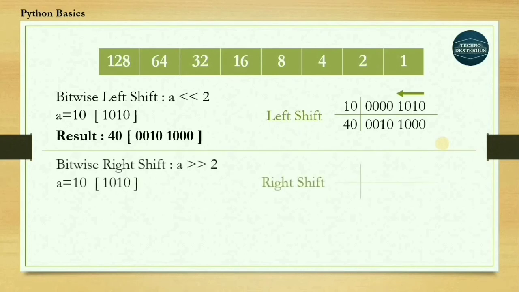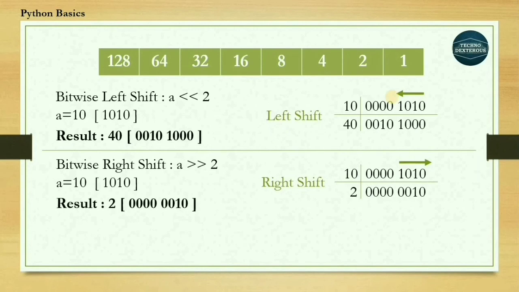Let's take an example of right shift. We are going to right shift it by 2 digits. We will get this binary number after shifting it towards the right. What is the decimal representation of this binary number? Let's use this binary to decimal scale conversion. What is the decimal representation of this number? It will be only 2, because what is the value of the second position? It is 2 only. That's why the output result will be 2.